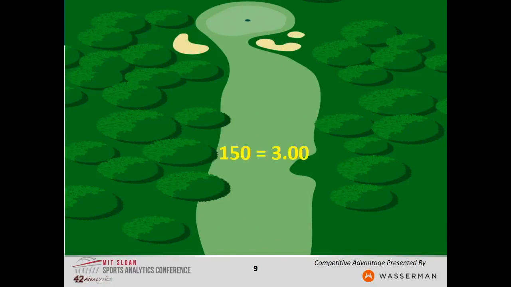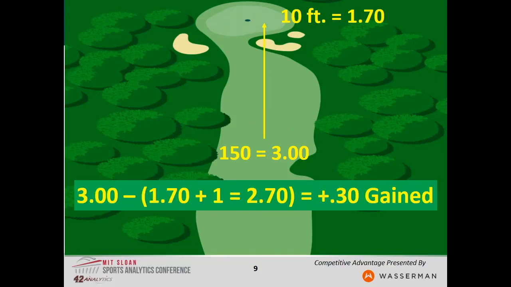I'll give you an example. Let's say we're in the fairway at 150 yards, and that down-in value is 3.00. That means the average tour player will hole out from that position in 3 shots. Now, 3 is not the exact number, but I rounded them off to make the math easier. But it's close. So say we hit it to 10 feet on the green with a down-in value of 1.7. So the calculation is 3 minus 1.7 plus the stroke it took to get there, 2.7. So the bottom line, the player has gained a 0.3 of a stroke.